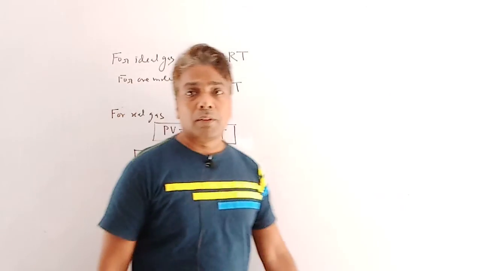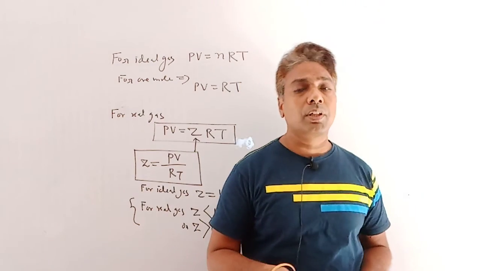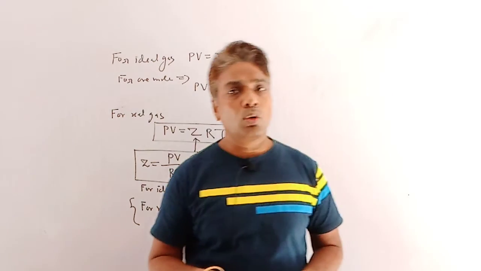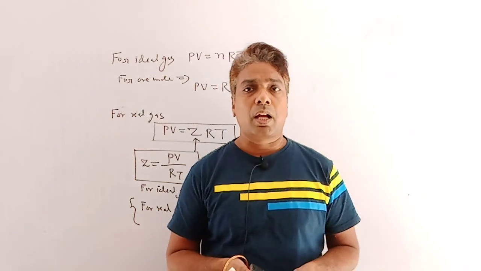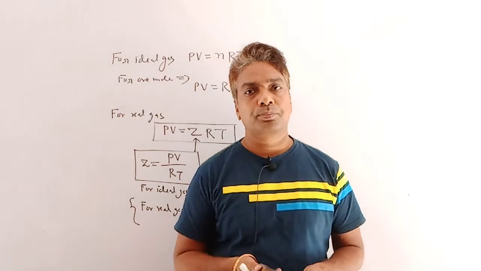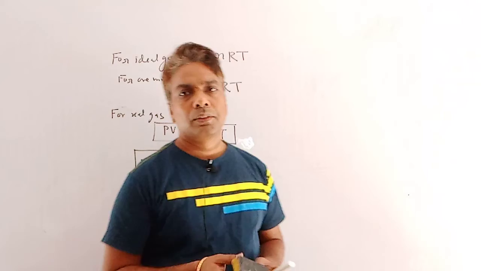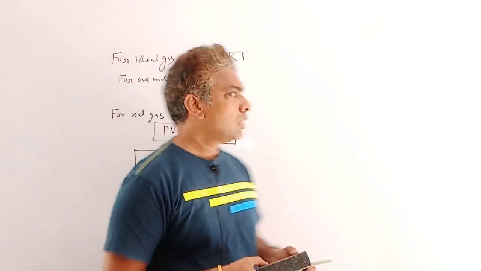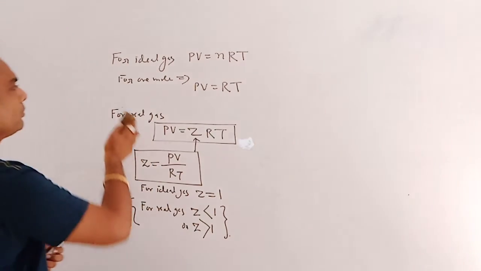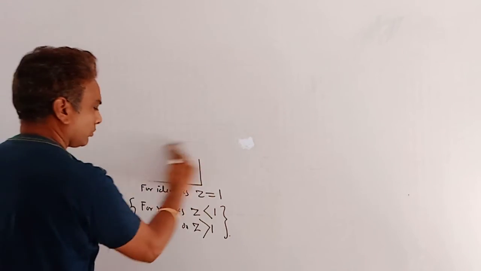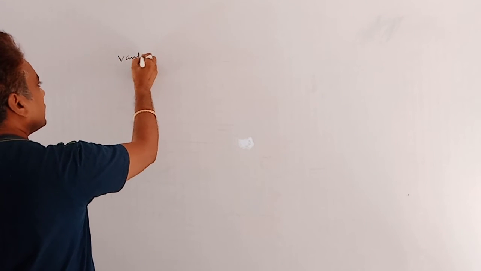Since we have discussed the van der Waals equation at three different stages of pressure: at very low pressure, at moderate pressure, and at high pressure. Clear? Once again, if we discuss different conditions of pressure, how the van der Waals equation changes. So here is the van der Waals equation.